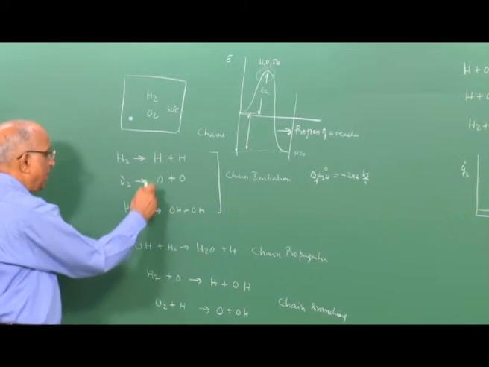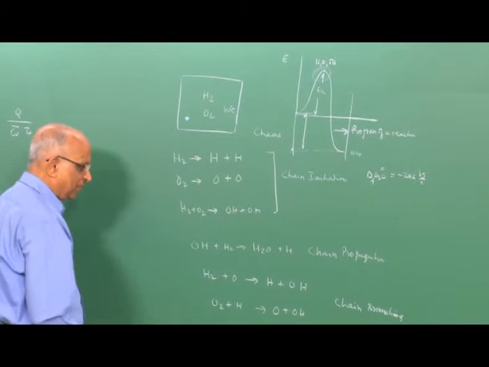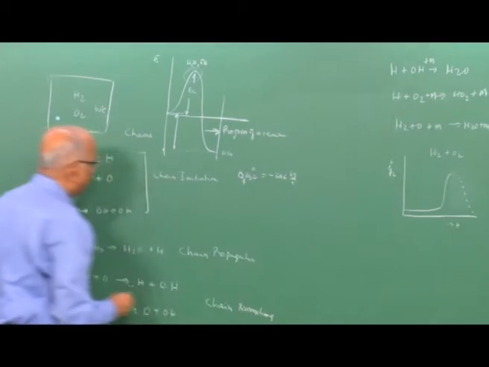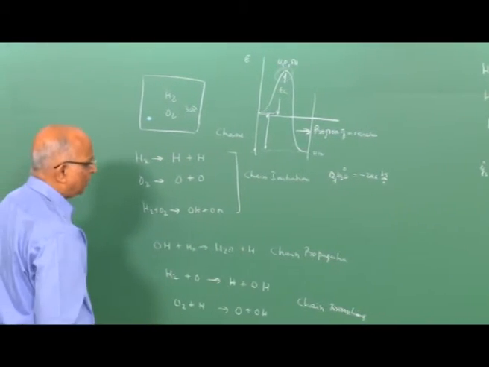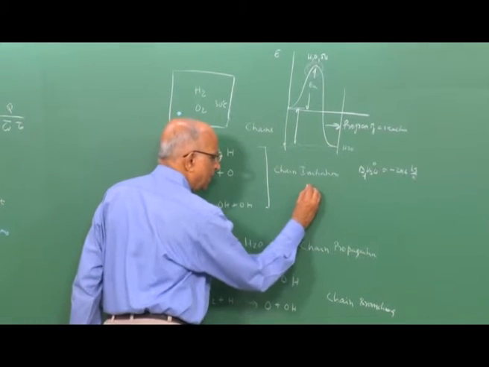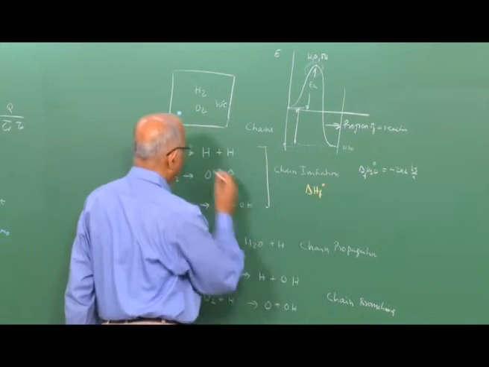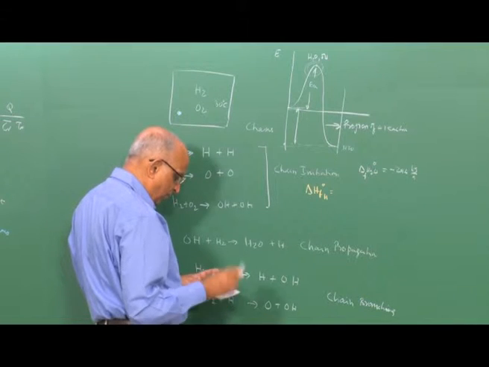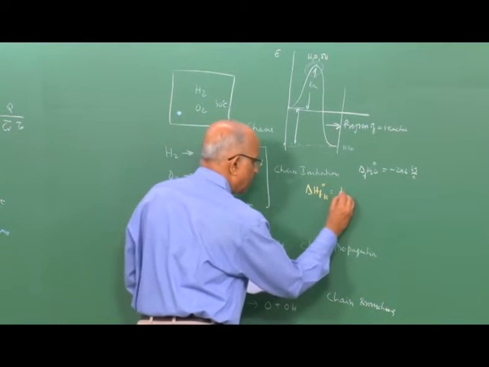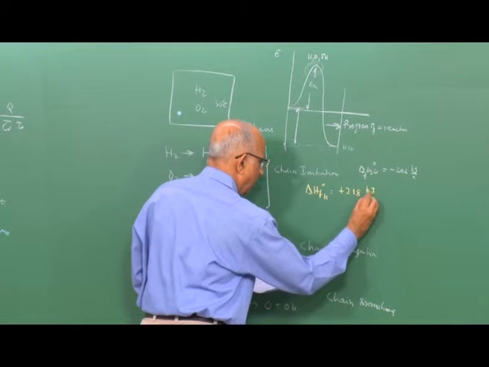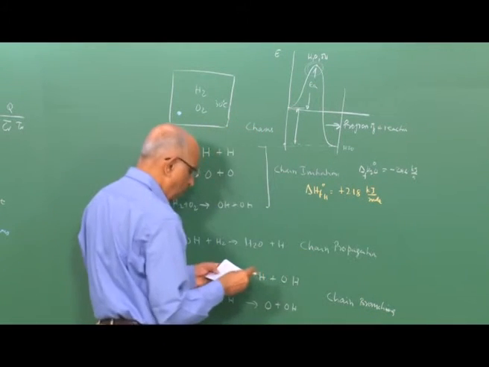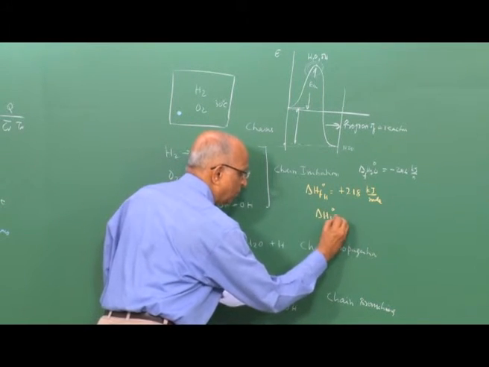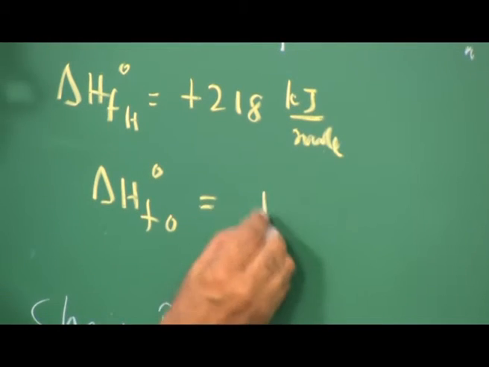Let us go back and see what is the heat release in these reactions. To be able to get the heat release, it is necessary for me to know the heat of formation of the reactants and the heat of formation of the products. We go back to the literature and look at heat of formation. I find that the heat of formation under standard condition for H is equal to plus 218 kilojoule per mole. The heat of formation of oxygen atoms, standard, for oxygen is equal to plus 248